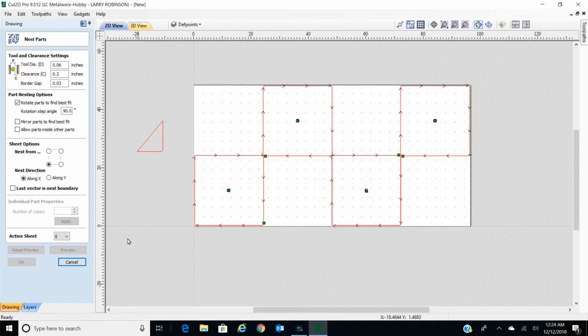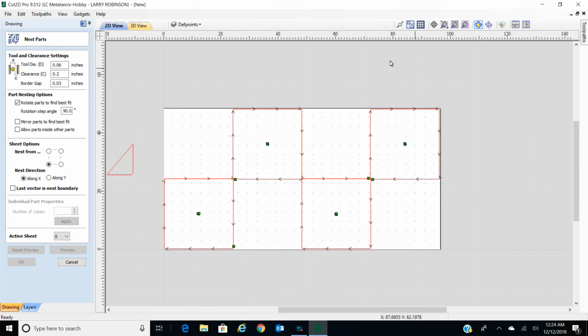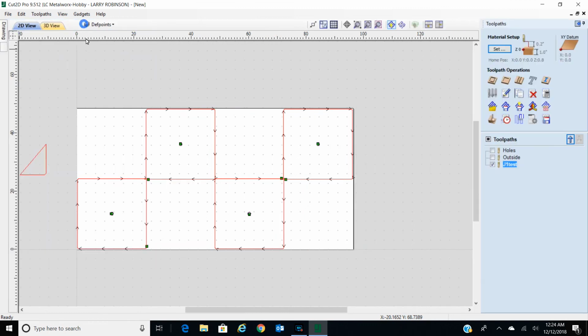Well, it's not wanting to let me do that since I've already got a toolpath, I guess. But anyway, you could bring in as many parts as you want and fill this up with different kinds of parts automatically, and it'll put them wherever it feels like it can. So anyway, that's really all there was to that. I can go back into that